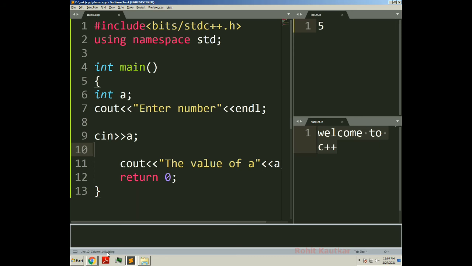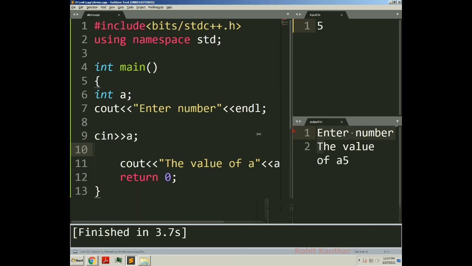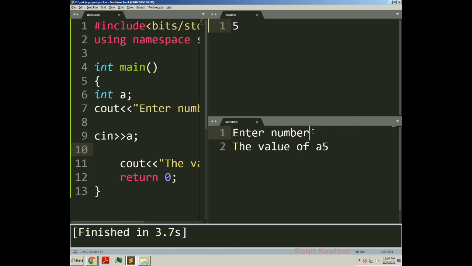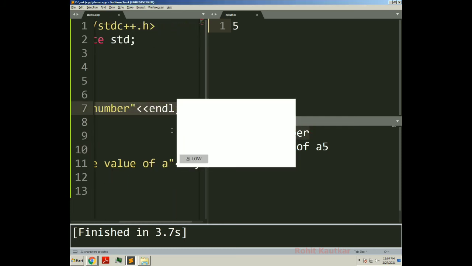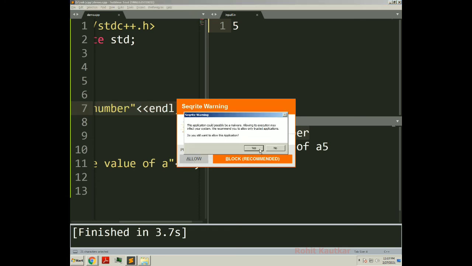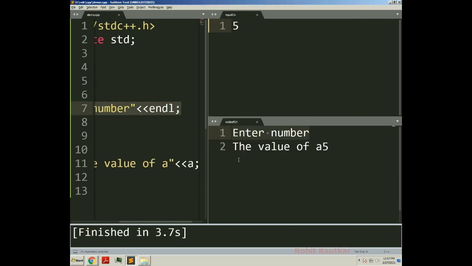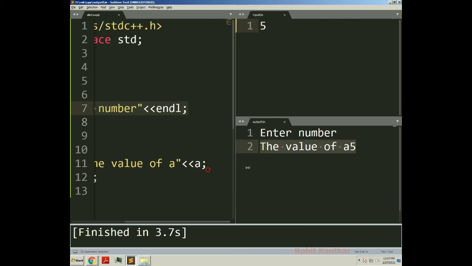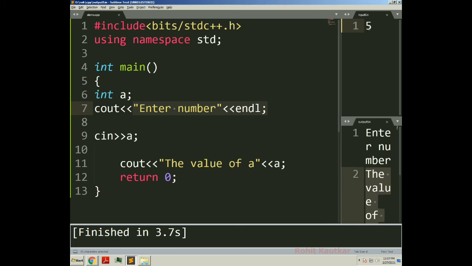Here you can see building started. Here you can see the output, enter number. See how this statement is displayed here, and after that we have printed the value of A, that is 5. Like this the input f and output f files will work within Sublime Text.